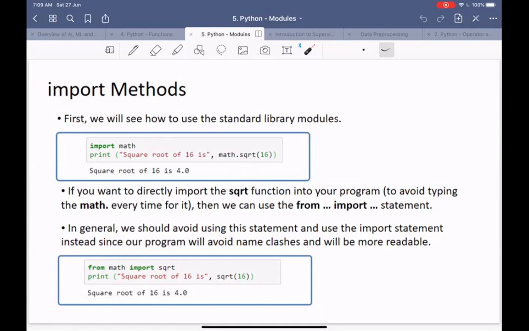So this can make our program more readable, which is an advantage, as we don't have to write math.square root, we can just write square root. The problem is we may have clashes if you are having your own square root function. But as long as you don't have that, this is not a problem and we can use from math import